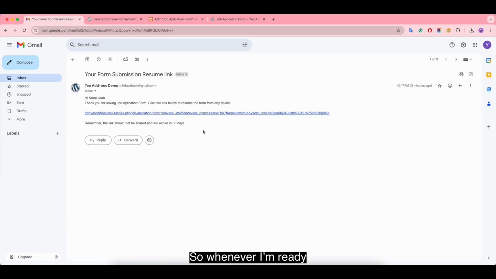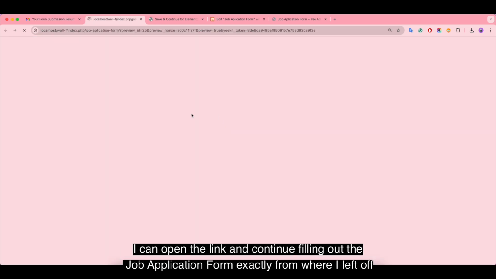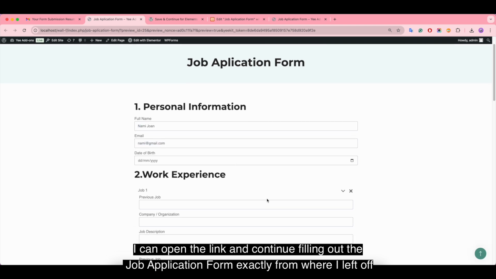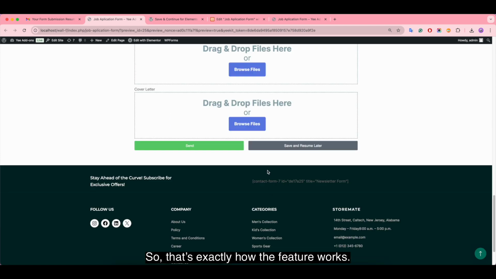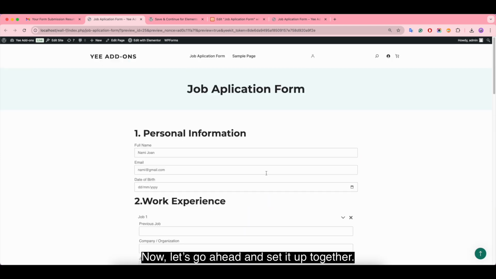So whenever I'm ready, I can open the link and continue filling out the job application form exactly from where I left off. So that's exactly how the feature works. Now let's go ahead and set it up together.